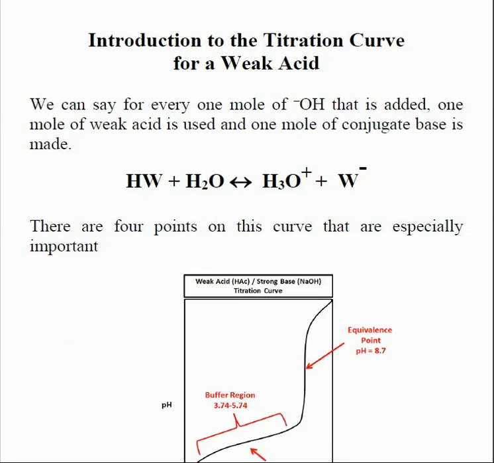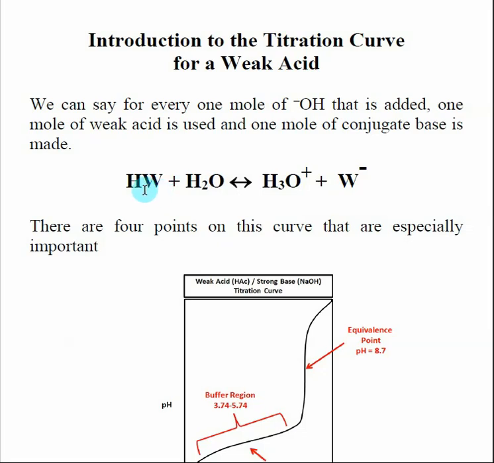So we've already looked at a titration curve for a strong acid and a strong base. Now we're going to look at a titration curve for a weak acid and a strong base. The main difference here is that a weak acid involves an equilibrium. And one of the main differences that's going to cause is during this titration, we're going to need to keep